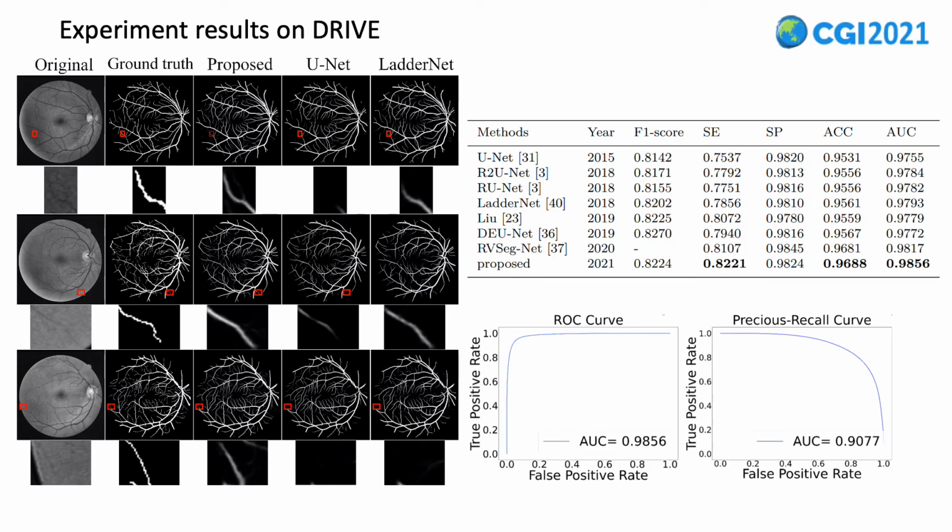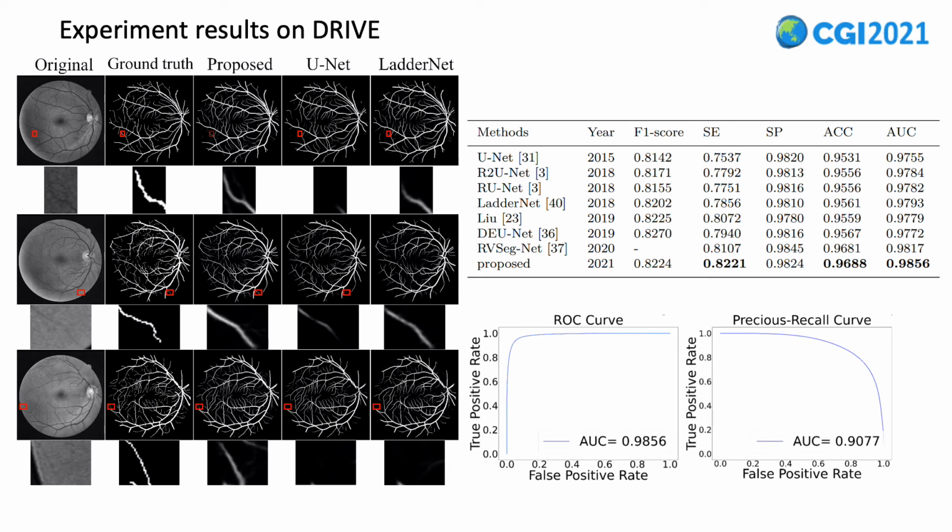These are experimental results on DRIVE dataset. We achieve best result on sensitivity, accuracy, and AUC. The F1 score is slightly lower than DE-Unet, and specificity is lower than RV-GAN. The area under the ROC curve is 0.9856, and the area under the precision-recall curve is